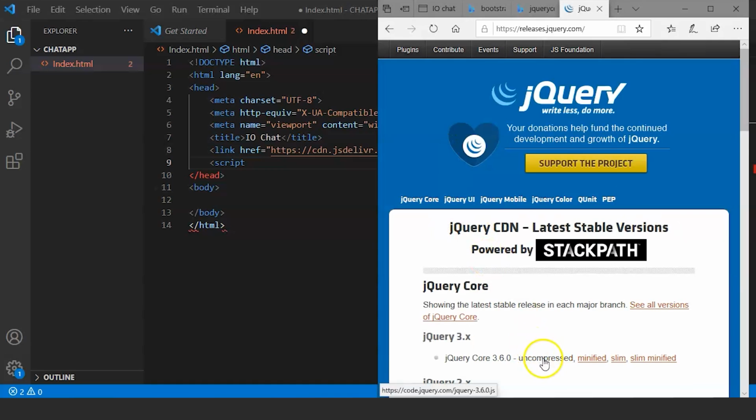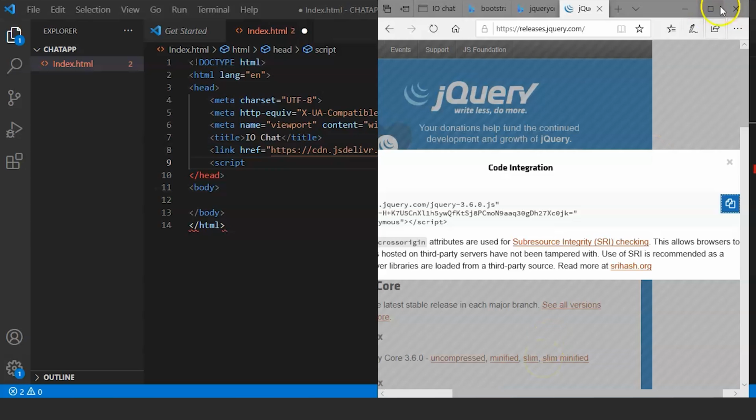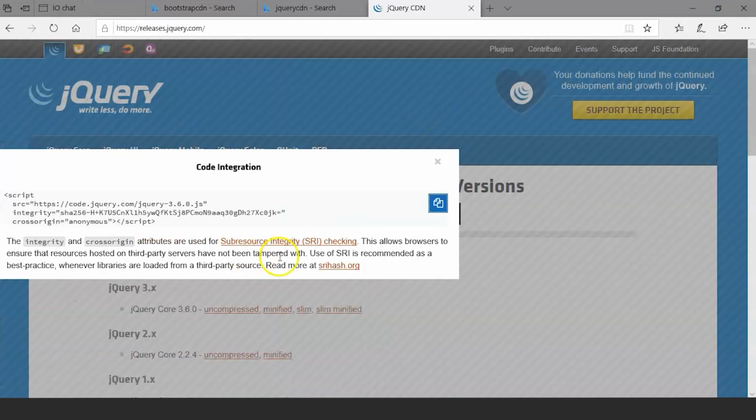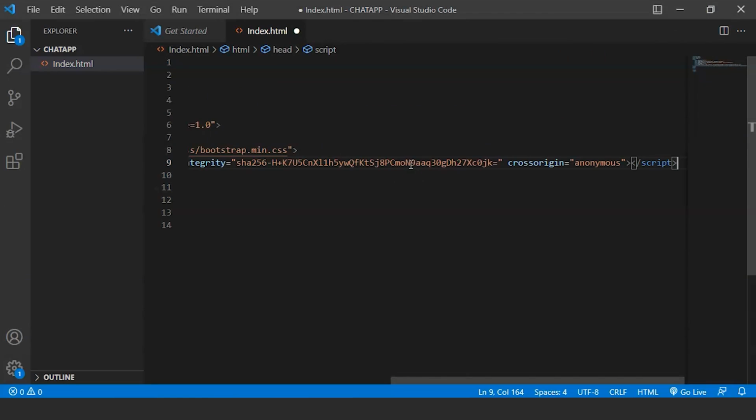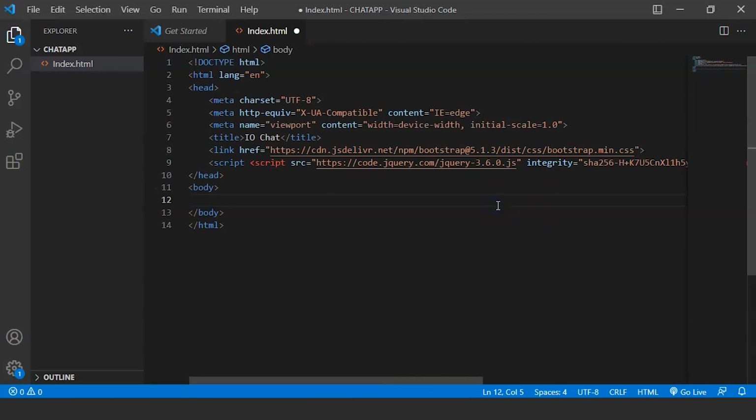Click on uncompressed and copy this. Go back to Visual Studio Code and paste it. So after this is done,